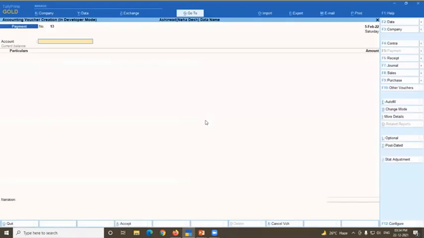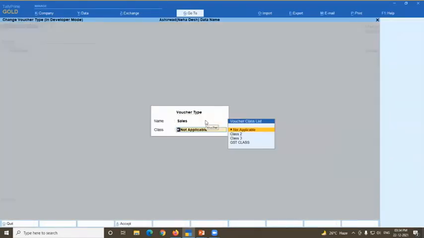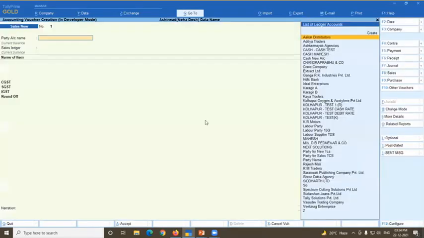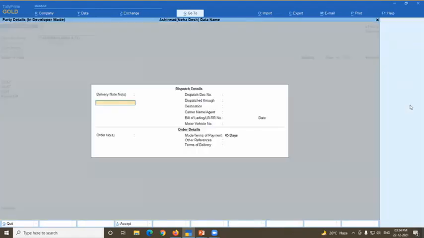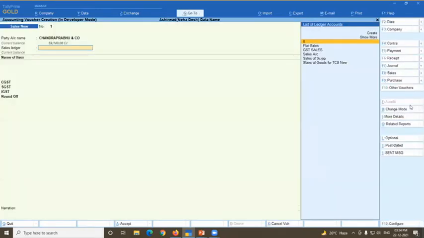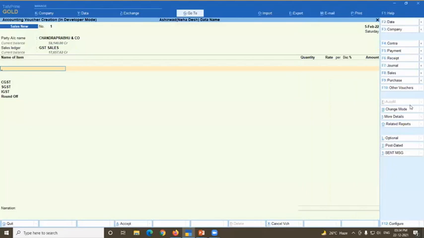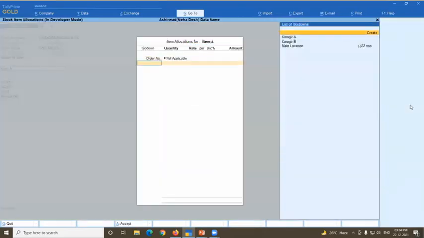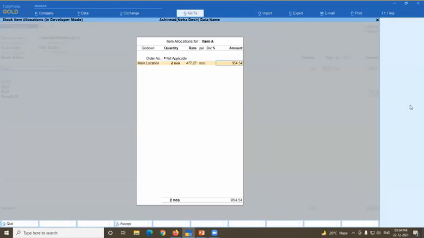See, otherwise, no other setups I have done. So in voucher, I am pressing F8. So I can select my new voucher, sales new. See, as I put here sales new, Tally is not asking me for any class. See, I am taking here party, save, and just selecting items. Item A, quantity 2.